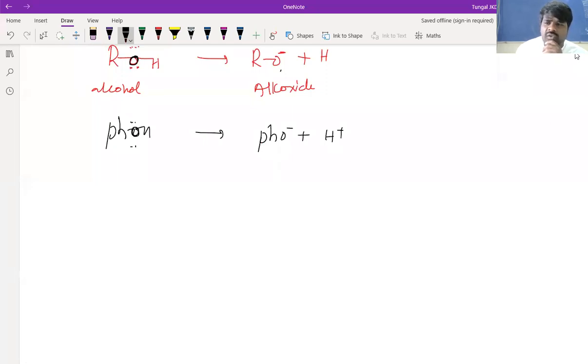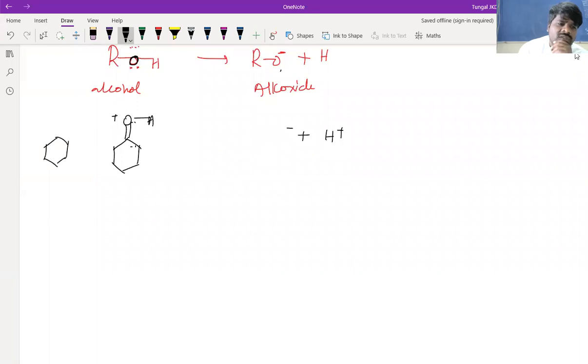See, in phenols, due to resonance, this oxygen is attaining a positive charge. Due to this positive charge, what happens? The electron deficiency of this oxygen increases. In the process of fulfilling this electron deficiency, what happens? Let me make it a little clearer. It will readily expel the proton. So this is the structure I told you. Due to the resonance, what is happening?